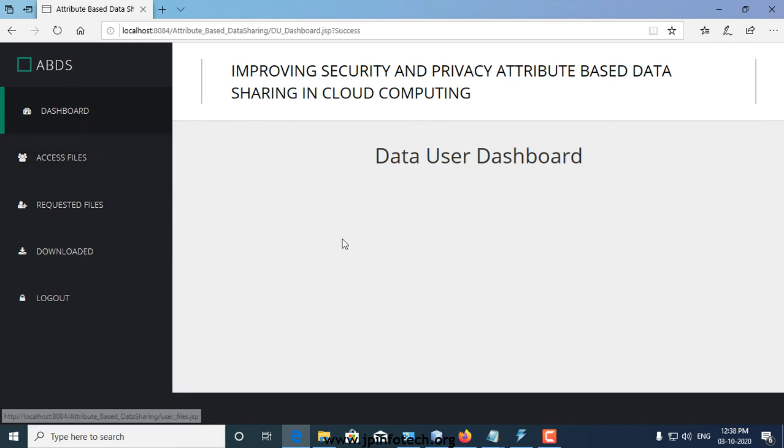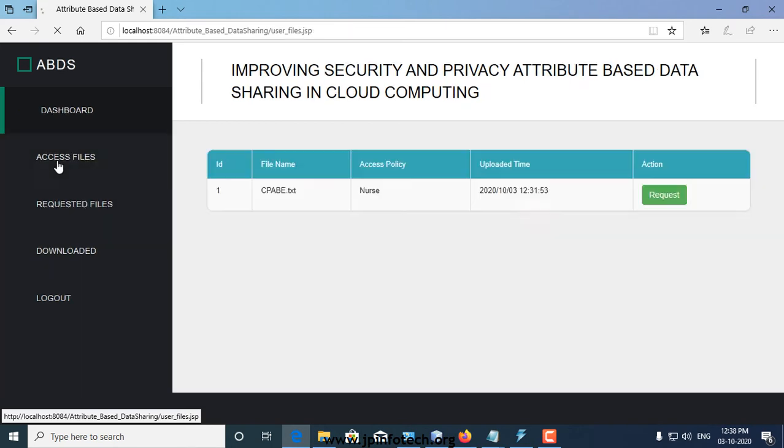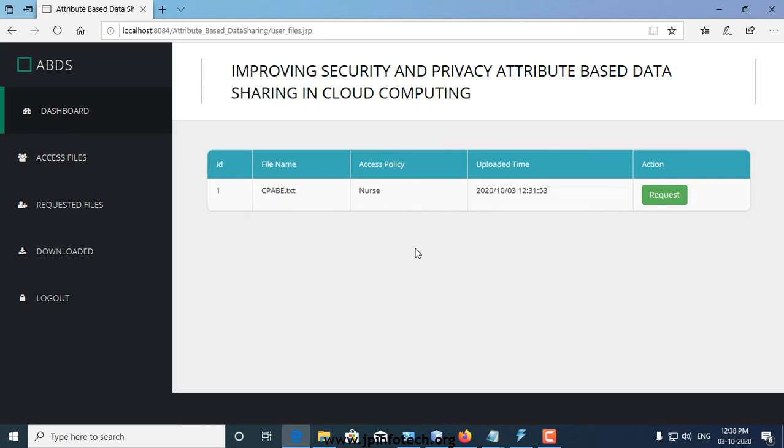The data user module contains access files, requested files and the download history. When the user clicks access files, they can access the files whose access policy is set as nurse, because the user's attribute policy currently is nurse.